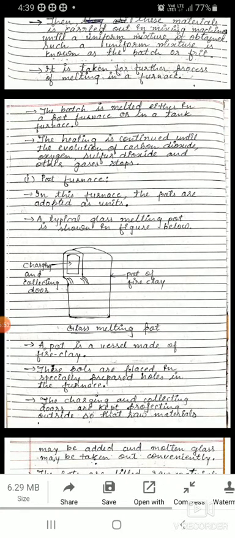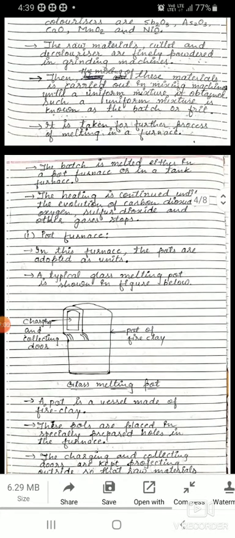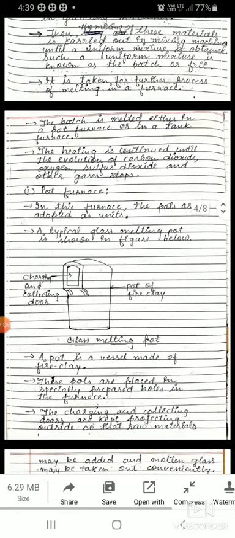The batch is melted either in a pot furnace or in a tank furnace. So for melting there are mainly two types of furnaces, pot furnace and tank furnace.